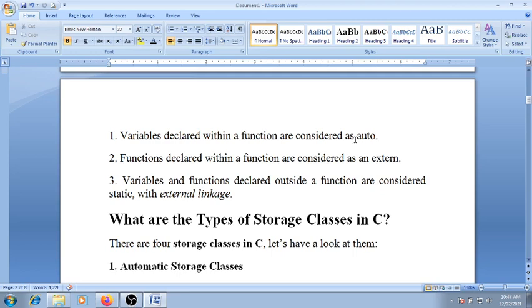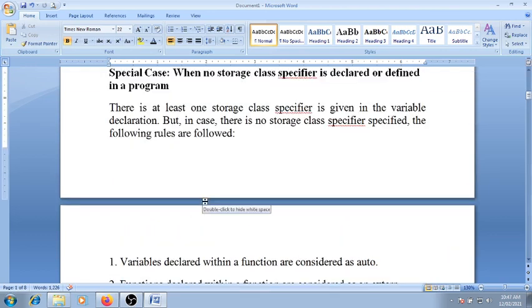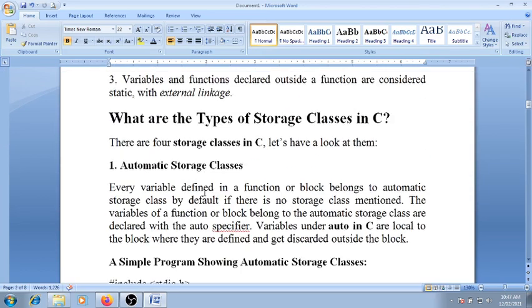That means by default, when we declare a variable, it is considered auto. Functions declared within a function are considered extern. Variables and functions declared outside a function are considered static with external linkage. These are the rules when there is no storage class in your program.